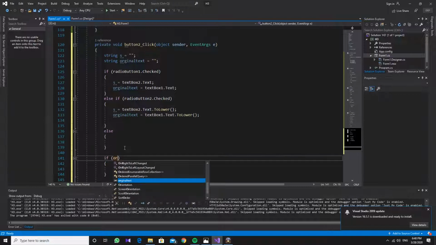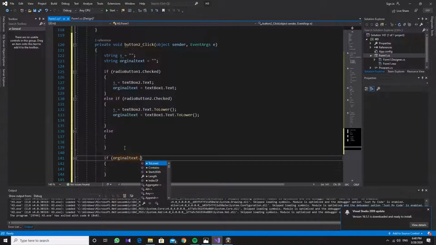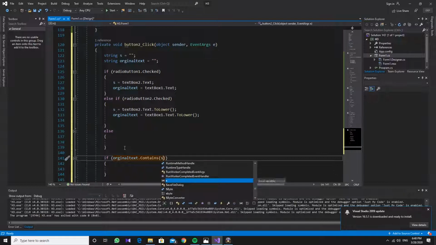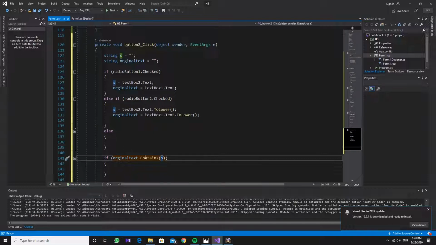Very easy. Original text dot Contains. I teach you that, and Mr. Eddie also teaches that. That's very easy. Contains s means look at the text and find this one. So if this is going to be true, as I explained, this will return true or false. So if it's going to be like this,